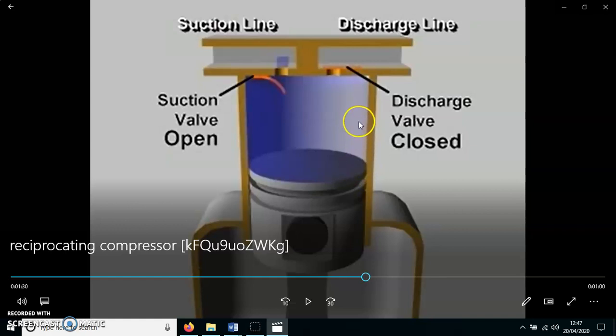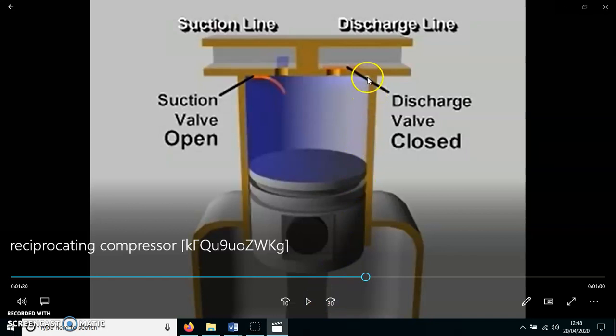This is actually effective suction, and this initial part of the suction stroke is going waste, because till that time the pressure inside the cylinder is not vacuum. So the suction valve was not open in that case, and when the piston reaches some intermediate position, at that point the pressure inside the cylinder reaches vacuum. At that point the suction valve opens and the air starts to come in. So only some part of the suction stroke is utilized to take the air in, and some part of the suction stroke is going waste.